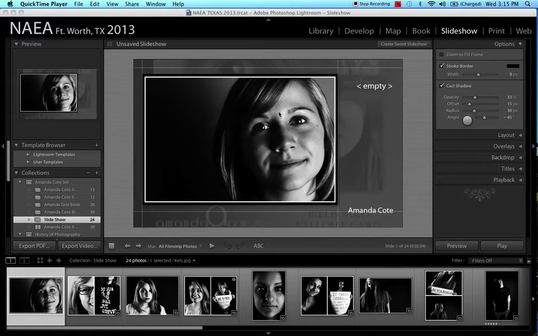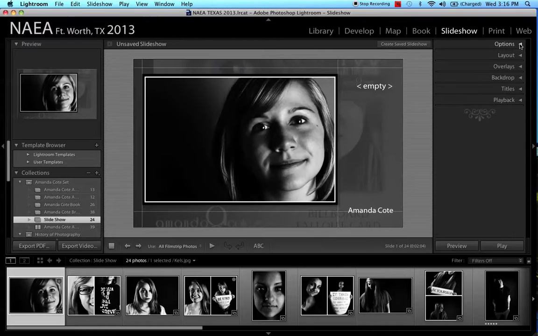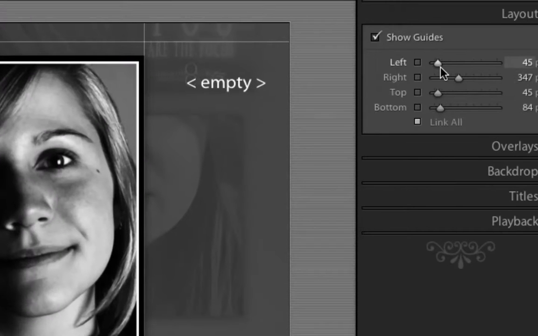In this next movie, we'll move from the options to the layout on the right-hand side of the slideshow module. We'll close the little options twirly there and open the layout. Notice that the layout has a series of sliders, left, right, top, bottom, and they're all in different configurations right now, and that's because we had already created a slideshow in this space and had used a different kind of